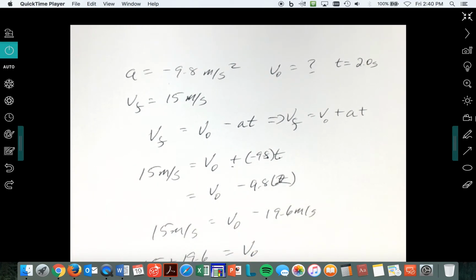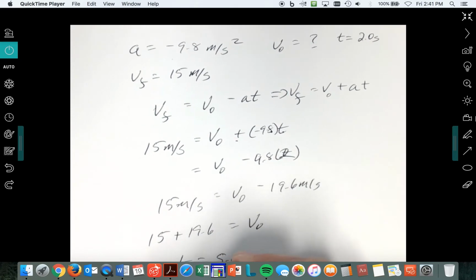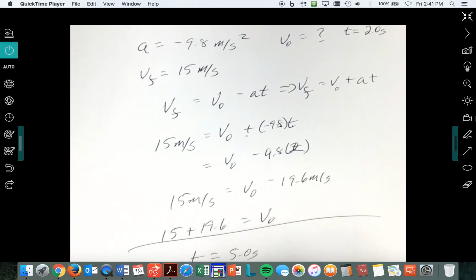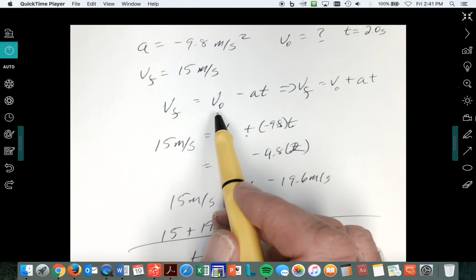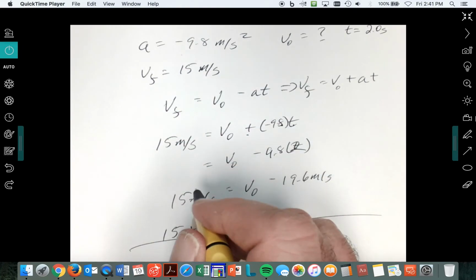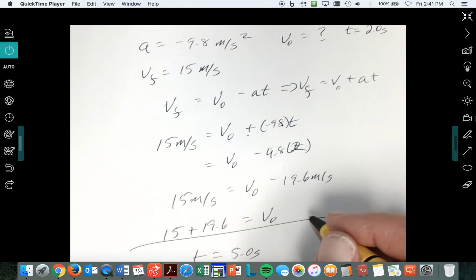That's all. And then it says, what about 5 seconds after the launch? How fast is it going? Okay, let's just use this again. So this time, let's let t equal 5 seconds for part 2. Plug in the same thing. So 5 seconds after the launch, I don't know what V final is. Well, that would equal the initial launch speed, which is 15 plus, well, what's